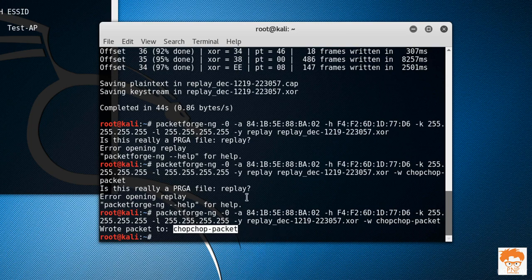Okay guys, so we have created a packet called ChopChop packet. So this is our fake packet created by us. Now we are going to inject this packet into the traffic so that we can increase the IVs. Okay, so now what I am going to do is, for injecting this packet, I am going to type in